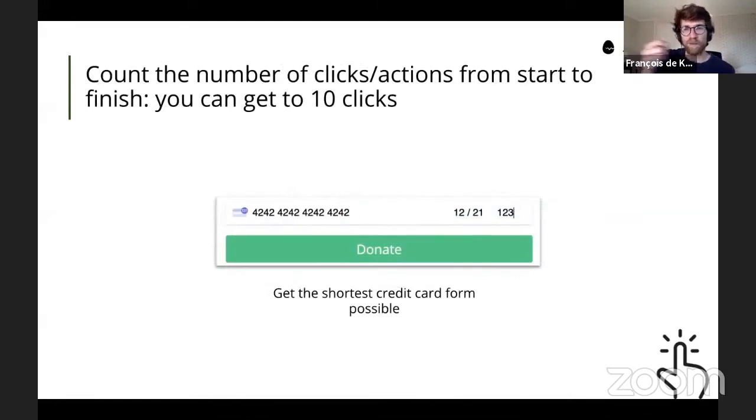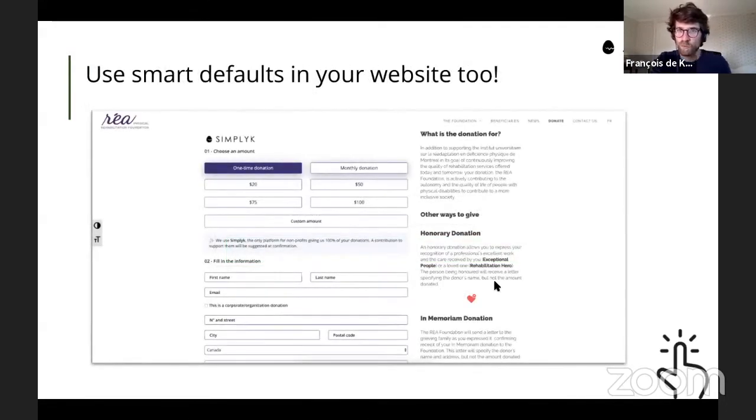And then same on the conversion rate, keeping the part when you enter the credit card as simple as possible. It's the same, just that it's like a 3 to 5% increase. I think that's from Stripe data, they see that those super short conversion forms convert 10% more than industry average, because you just enter your card straight up and no click, no changing window. So get the thing to have smart default. So it's something in your donation form, but also when you build your website, your donation page.